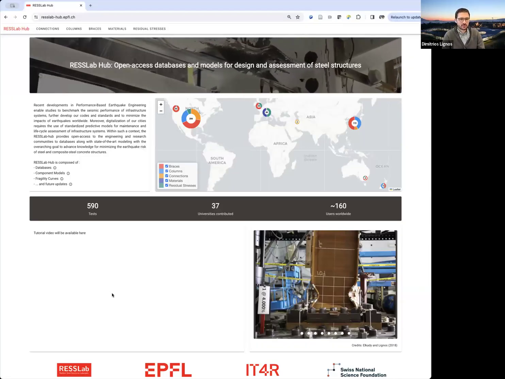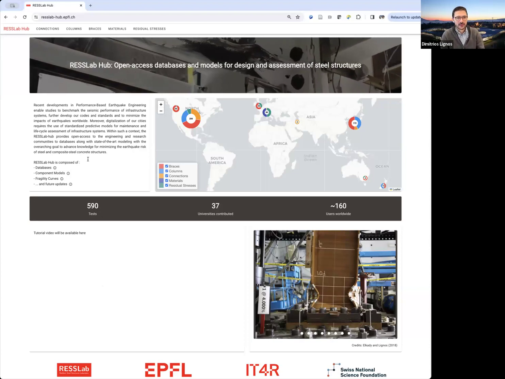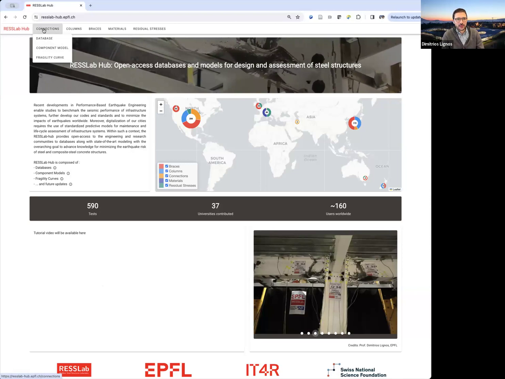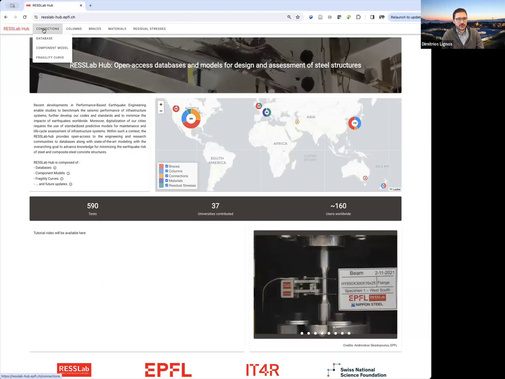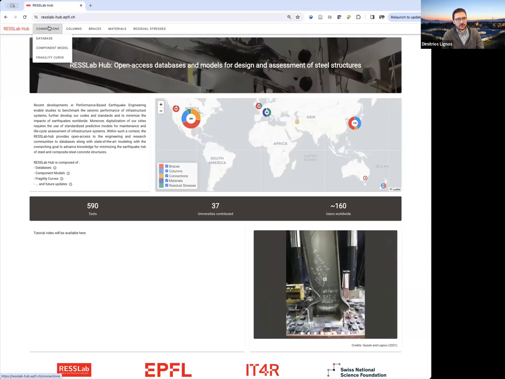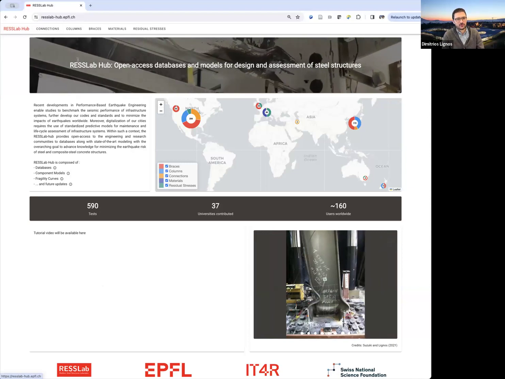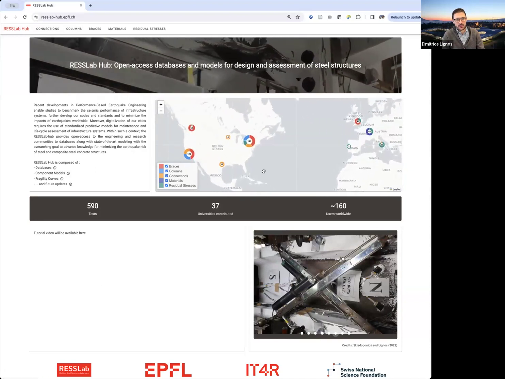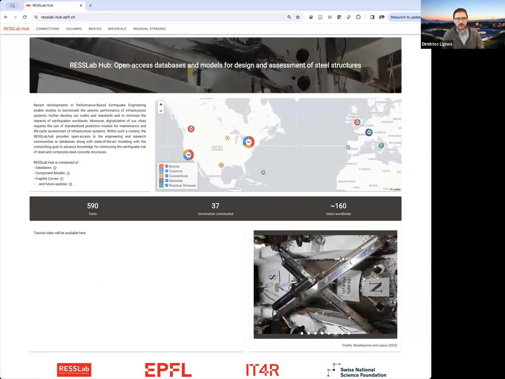And I'd like today to navigate you through the RESSLab-hub through a demonstration example on how the component databases that we have put together can be explored. So I'm going to come here to the front page, where you see that there is an interactive map that essentially tells you how the data we have collected so far has been distributed